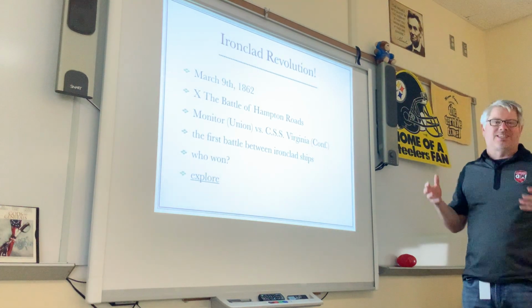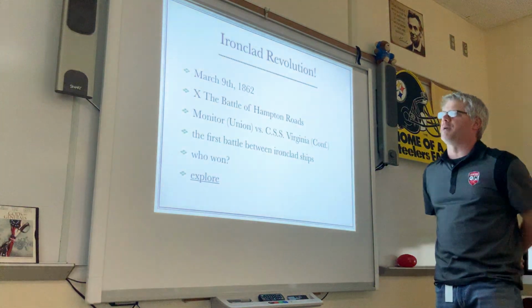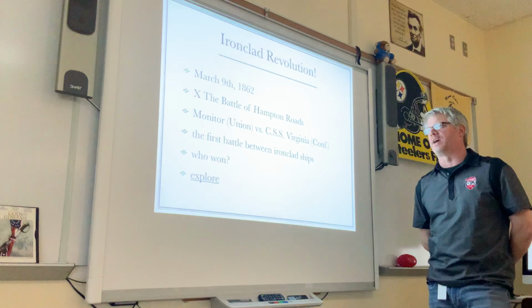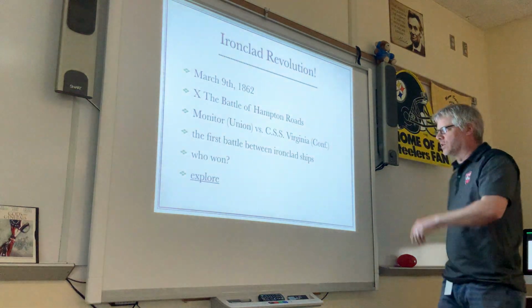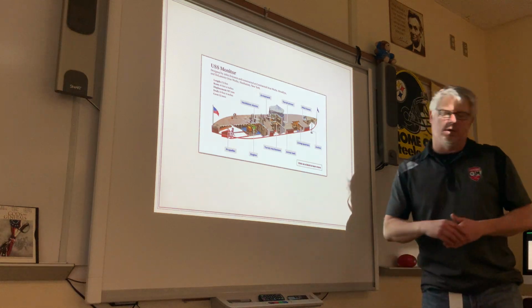While this battle is fascinating, that it's the first time ever that ironclad warships fight each other, just the story behind the ships themselves is pretty fascinating as well. So let's talk about the Monitor first. In fact, I'll come back to that slide in a second. Let me show you a picture here. The USS Monitor